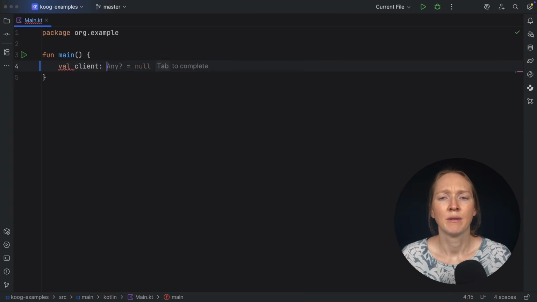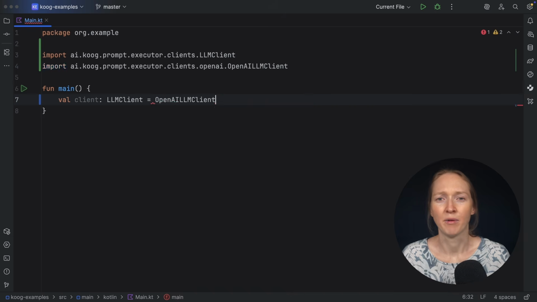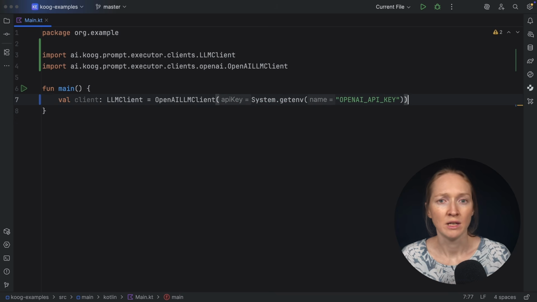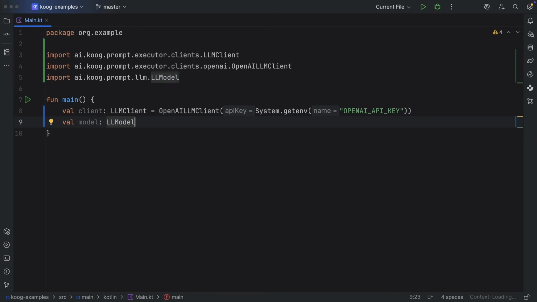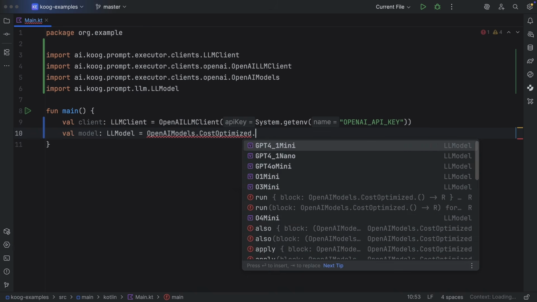First, we'll create an LLM client to handle the connection between our application and the chosen LLM provider. We'll use OpenAI models and need to specify our API key. You can copy it here directly, but it's better to store it in an environment variable. Next, let's choose the model we want to use. In our case, it's GPT-4o Mini, a cost-effective model that's sufficient for our needs.